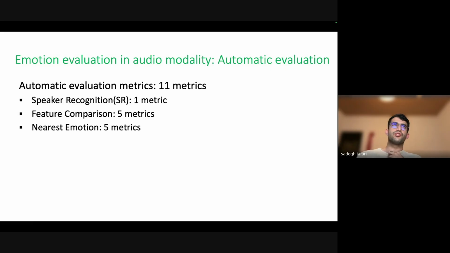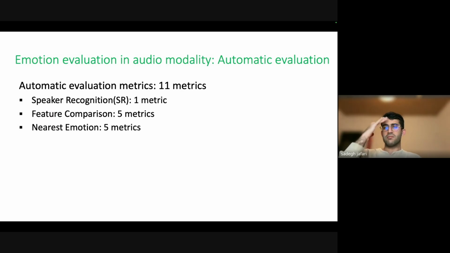And we chose 11 different metrics: one for speaker recognition, to see whether the speaker is the same in the generated and original audio, 5 feature comparison metrics, and 5 nearest emotion metrics.